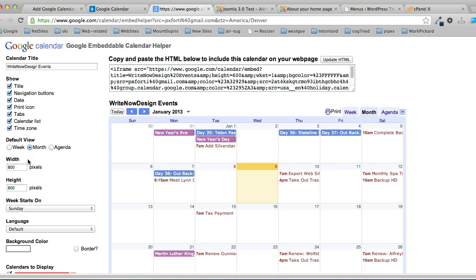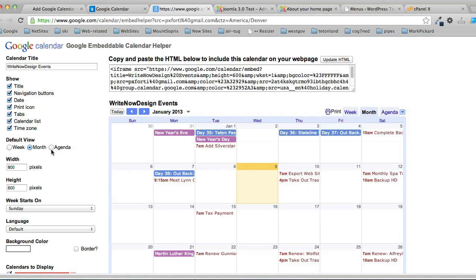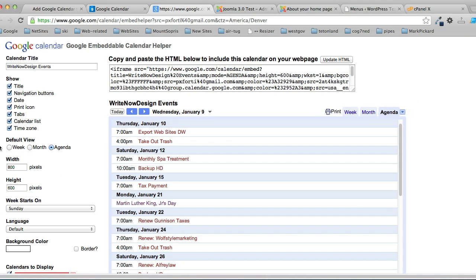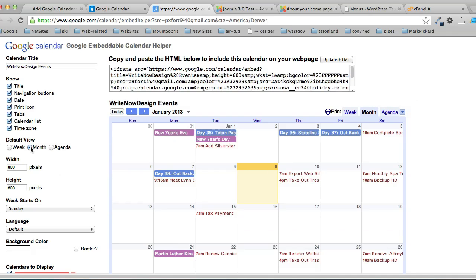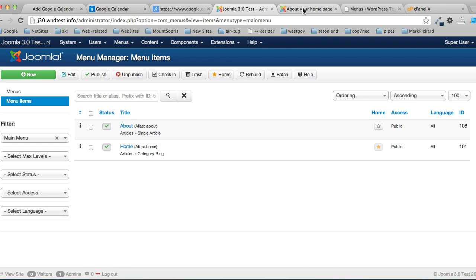One thing that you probably will want to change, also there's a default view like week, month, or agenda. I like to leave it at month, that way people can see at a glance everything that's going on for a month. Now the one thing, if it's going to display in your web page, and here is, let's see,